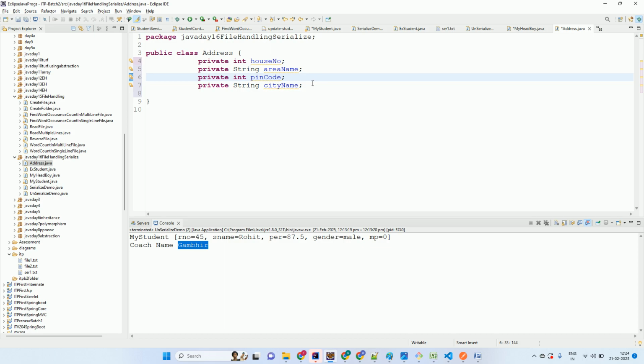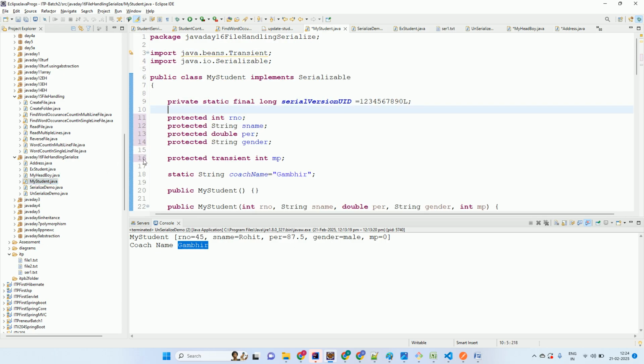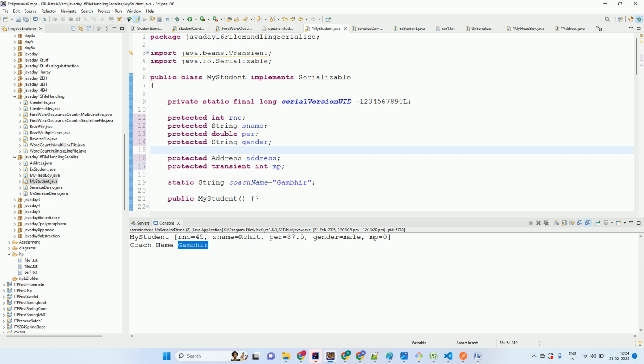ठीक है। अब ये एड्रेस किसको पास करना है मुझे? स्टूडेंट को। तो इसका हम रेफरेंस यहाँ लगा देंगे, एड्रेस। ये क्या हो गया? हैज अ रिलेशनशिप। हैज अ रिलेशनशिप मीन्स स्टूडेंट हैज अ एड्रेस। और एड्रेस अपने आप में अलग क्लास है।